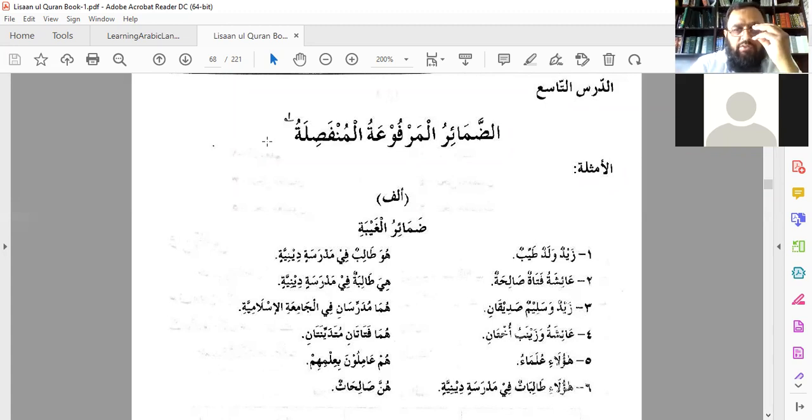Now who is the first person? The first person means the one who speaks. In Arabic, we call it mutakallim, mutakallimun or al-mutakallimu. First person singular is represented by I, means I speak, I play hockey, I read a book, I go to school, I wash dishes. This is first person singular, mutakallim.